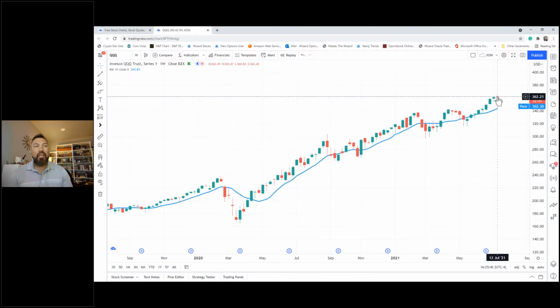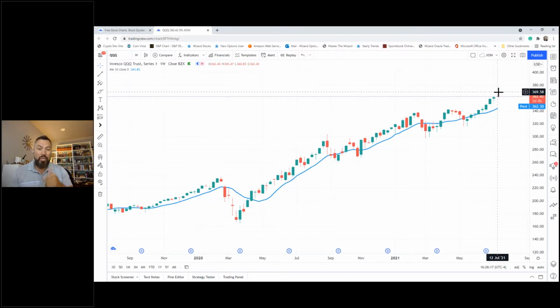We are sitting at a close price at the end of the day today at $362.42. In blue, next to the moving average, that is the rolling average, the current 10-day average of price for the Qs. The NASDAQ is $343.83. So $343.83 is the 10-day, 10-week, 10-bar average of the NASDAQ, the Qs. So we are above that average.